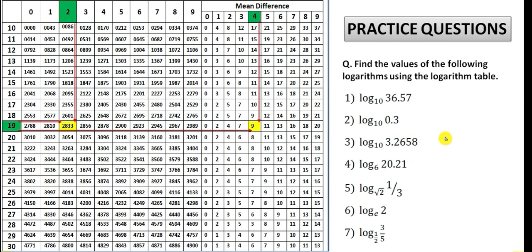So these are the questions. I have given these questions also in the description. You go there and find these questions from the description itself. You download the complete logarithm table. Here in this diagram I have only given from 10 to 30, but actually it is available up to 99 in this column. Sidewise it is completely given, but vertically it goes from 10 to 99. So that complete table you can also get from the description. You check that table, and these questions you should practice.